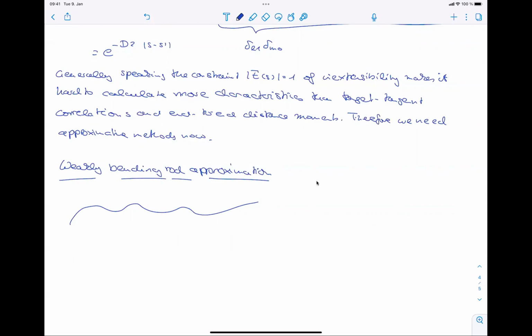And if we relax this constraint a little more, it should still be more or less stretched out. And so what I can now do is to say, if I go along this contour that's extending from S equals 0 to S equal L,